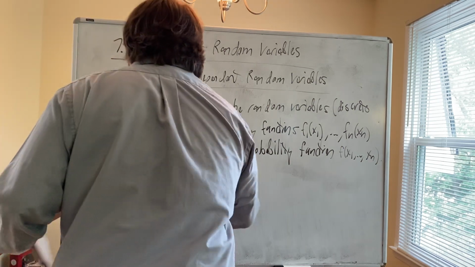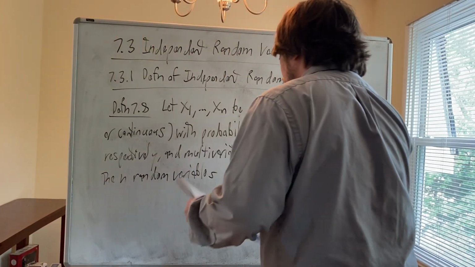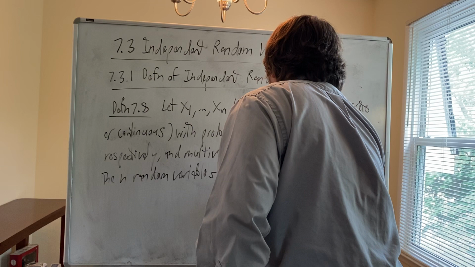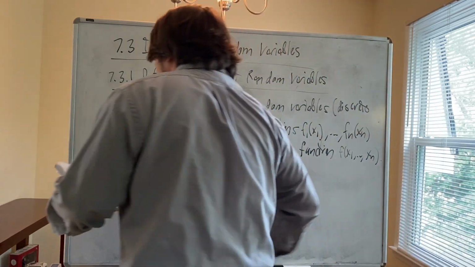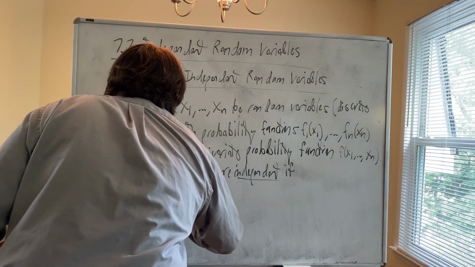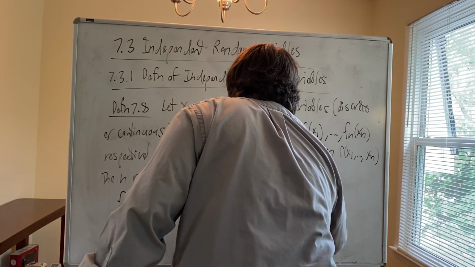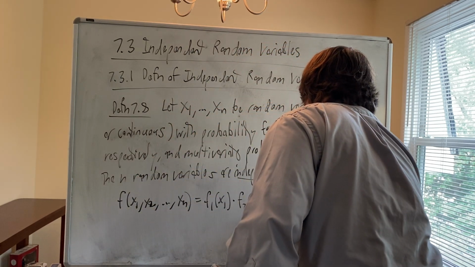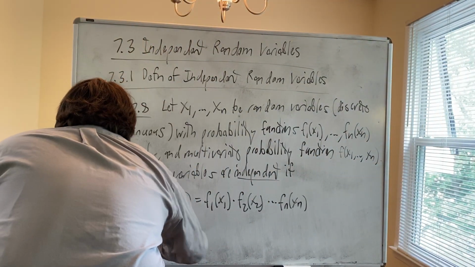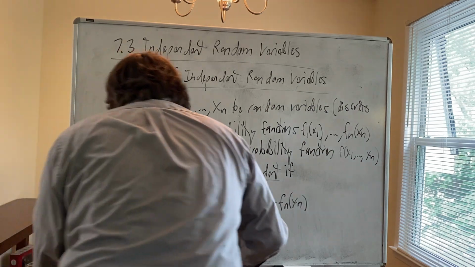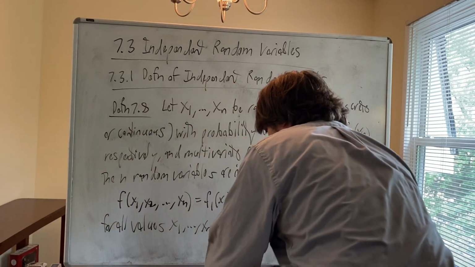The n random variables are independent if f of x1 comma x2 comma dot dot dot comma xn is equal to f sub 1 of x1 times f sub 2 of x2 times dot dot dot f sub n of xn for all values x1 to xn of capital X1 to capital Xn respectively,